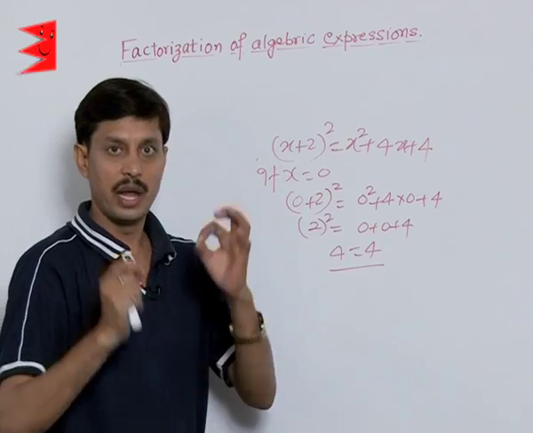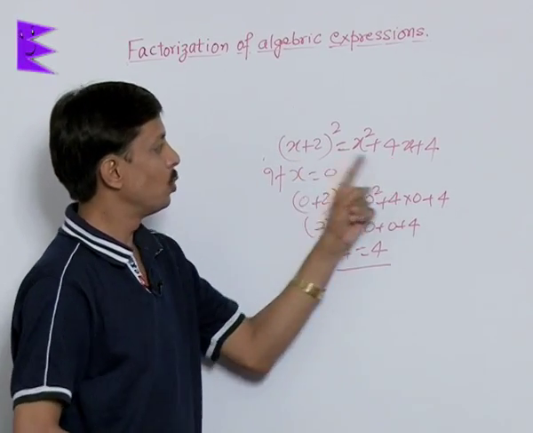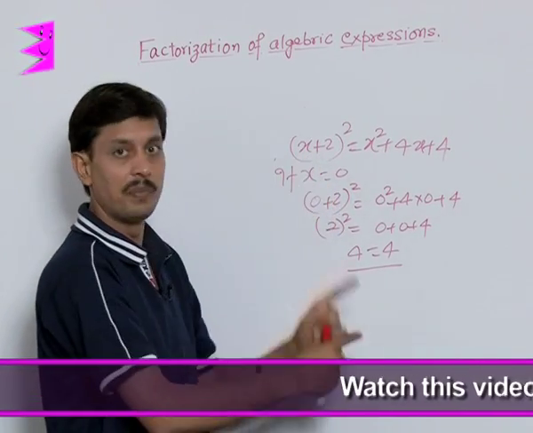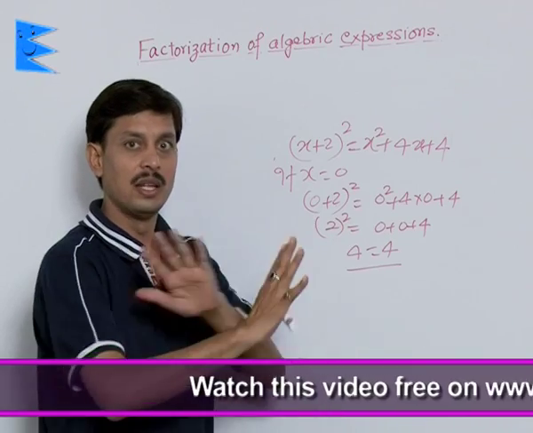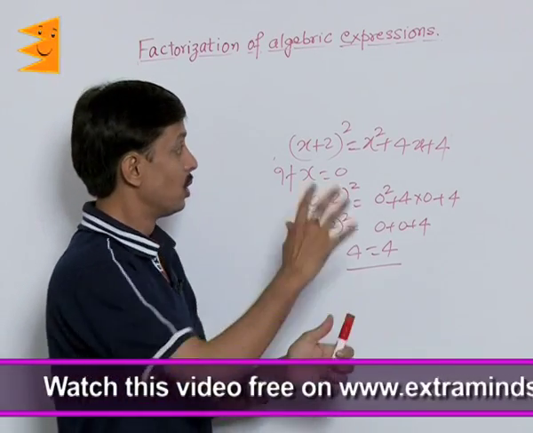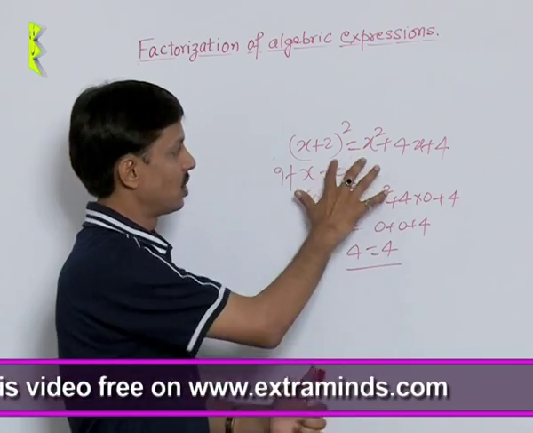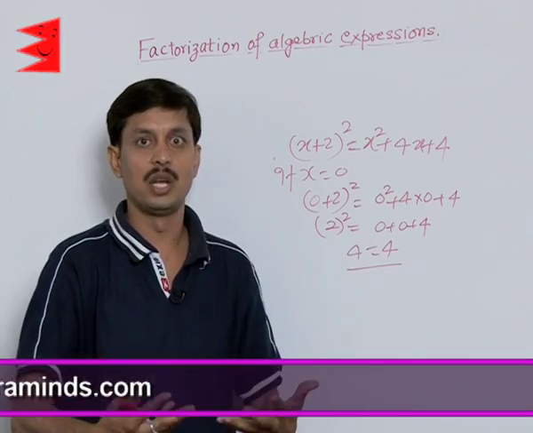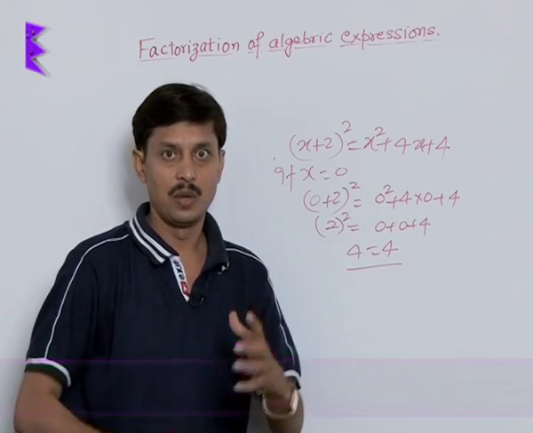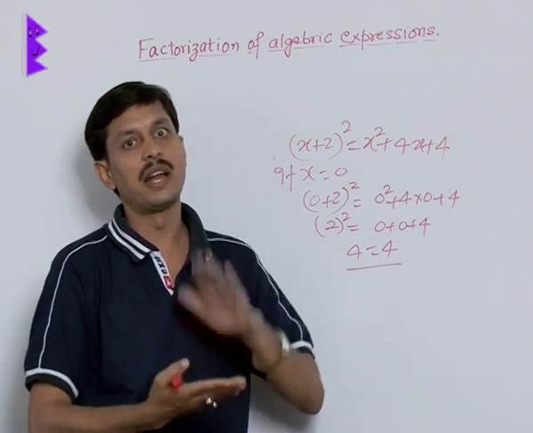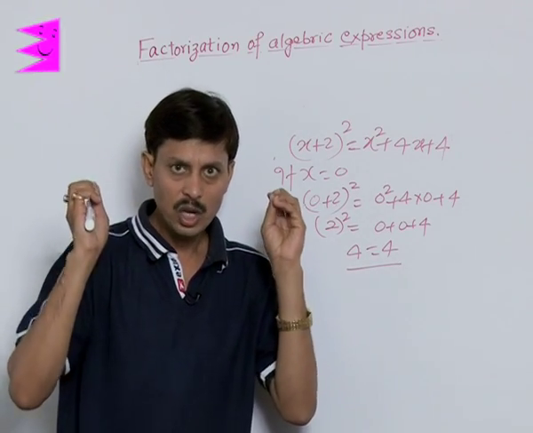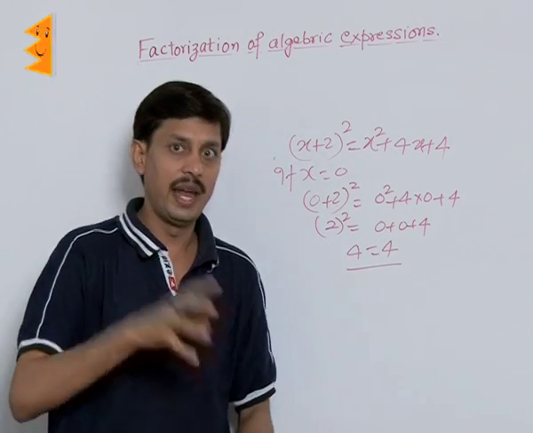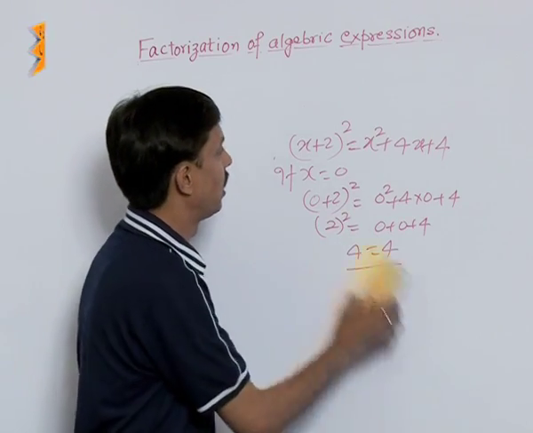Now it is up to you to choose any real value of x, and put the same value in the left side and right side. You will find the answer is always the same. The answer is always equal. The relation is always verified. So that expression or equation or relation where the left hand side and right hand side are always true, equal at any value of the variable, is an identity, and if it is true only on a certain number of values, then it is an equation.